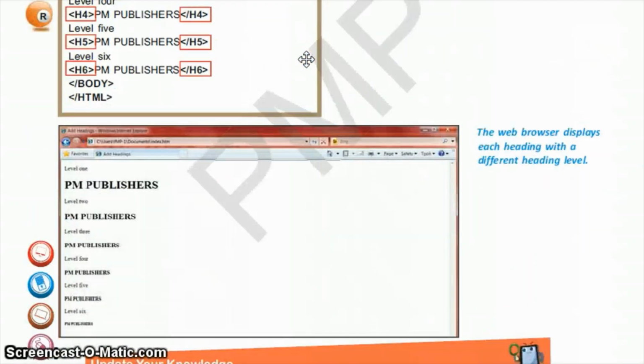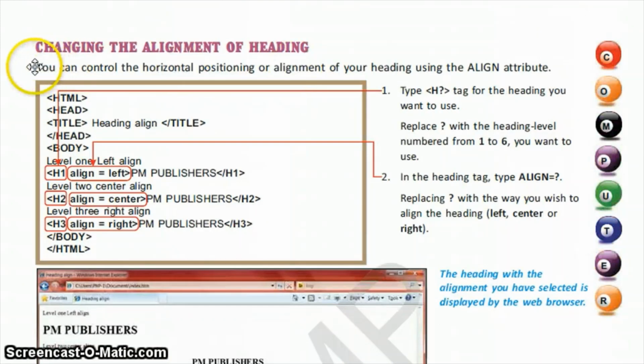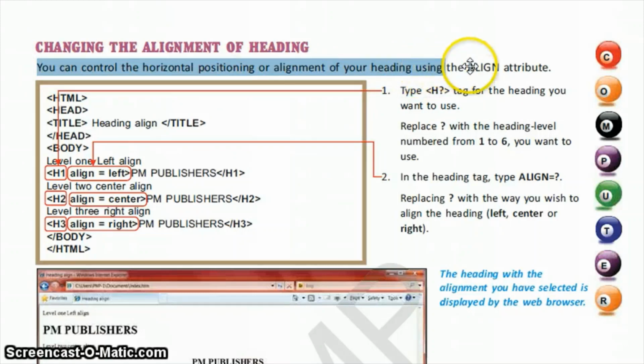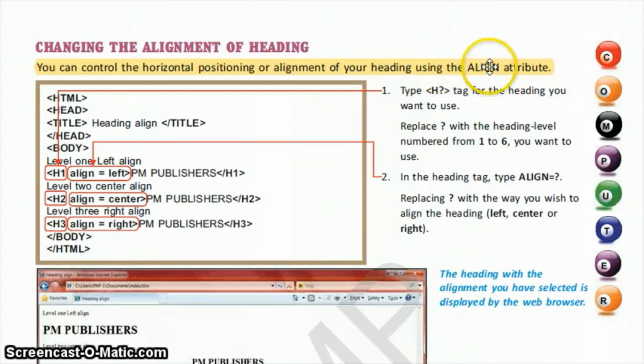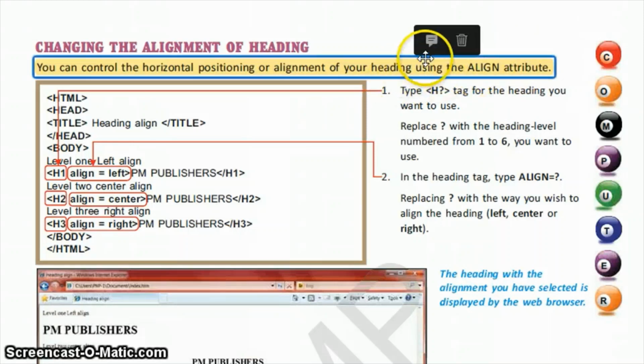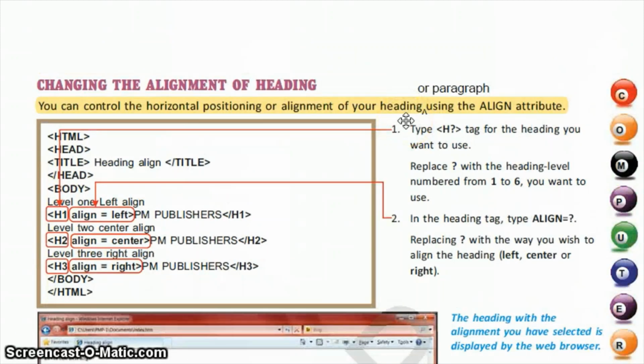The next is the alignment tag. So it is on page number 79. So we will define alignment as we can control the horizontal positioning or alignment of our heading or paragraph. I have shown you how to change the alignment of a heading or a paragraph. You can control the horizontal positioning of your heading or paragraph using the align attribute. So this was about the